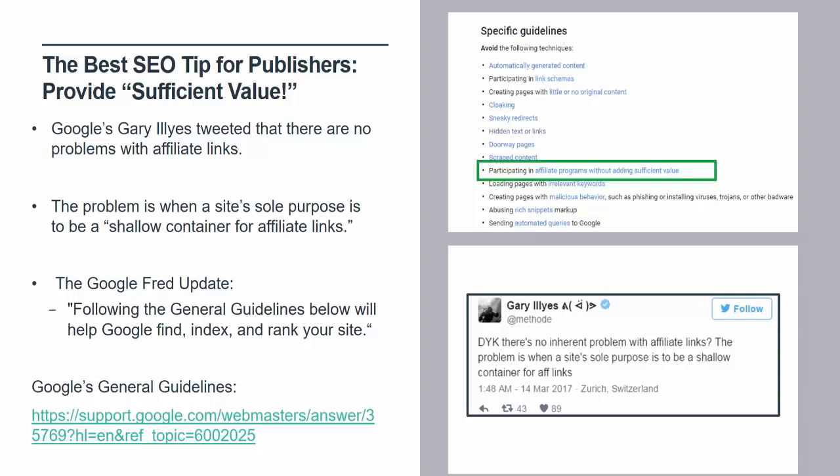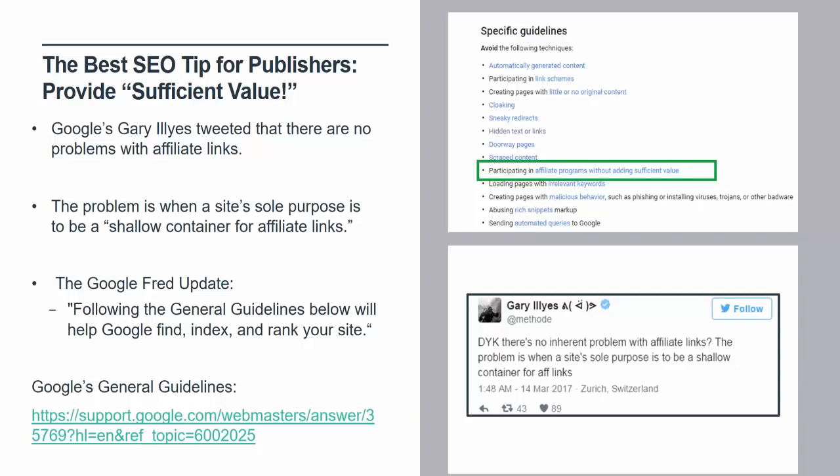And over the last year, they added this one new bullet point, which is so relevant to our audience and our mission here at Pepperjam. It's the one I have a green rectangle around. It says, insufficient value includes participating in affiliate programs without adding sufficient value. I know I'm belaboring the point here, but when it comes to SEO and our mission, you really have to say those two words and answer for sufficient value. Make sure your pages really provide sufficient value.